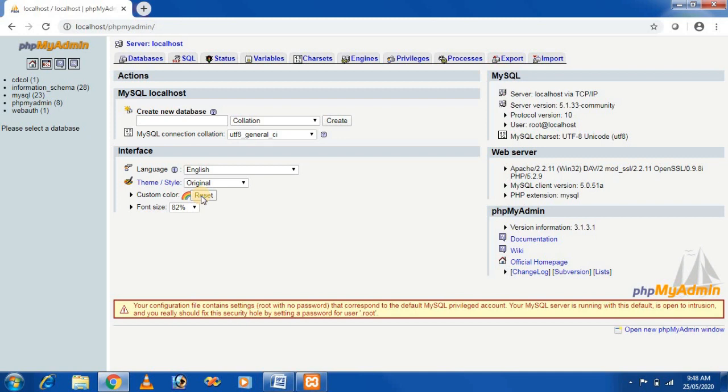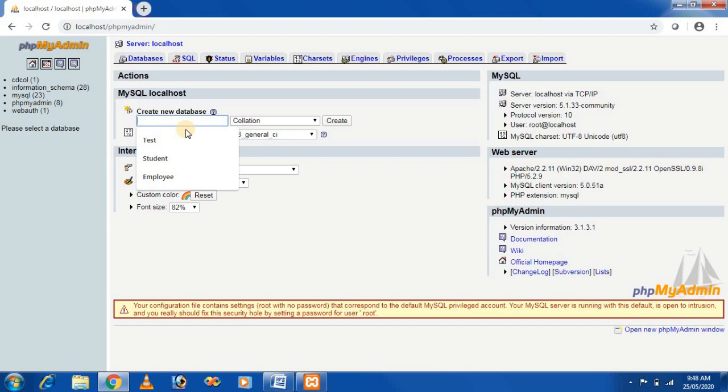So this is the phpMyAdmin menu. This interface can be used to create a database. So how can we create a database? On your left-hand side, this is Databases.